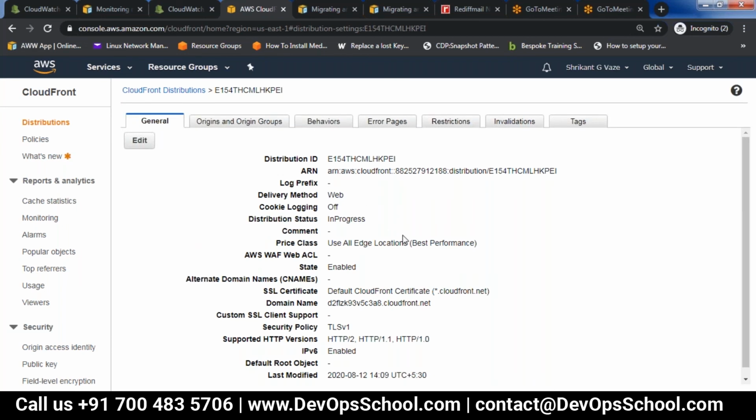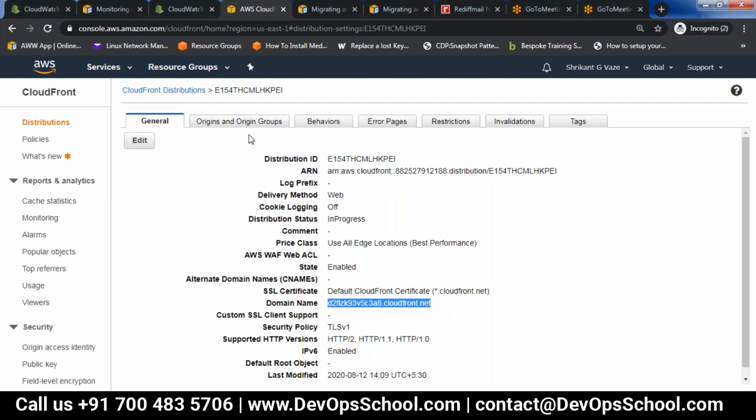here, if you see, this is the domain name that is given here. Now once the image is pulled in this location, if I put this domain name /nature.jpg, it will be visible from this edge location. So my origin is basically the S3 bucket, and from that I am pulling the static files. Okay, so it is going to take some time.